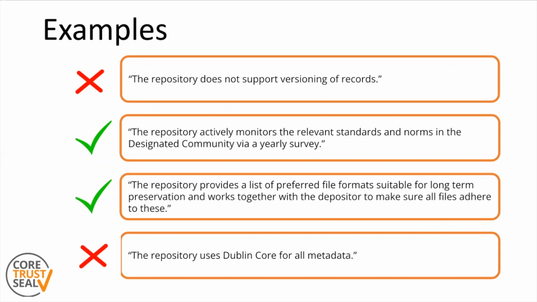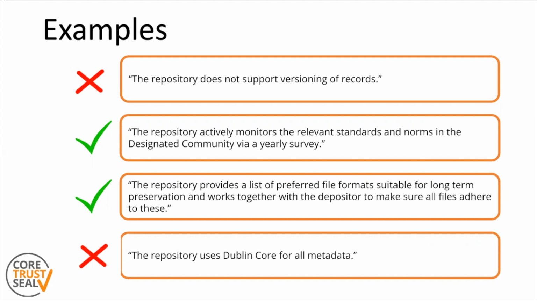A couple of example statements from applications are presented here to further explain some aspects of the evidence that is expected for requirement number 13. Please note that these are merely examples of aspects of the requirement and by no means complete response statements. In the first example, the applicant indicates that no versioning of data records is possible. It makes it harder to facilitate long-term reuse, as the record cannot be updated to reflect changes in metadata, documentation, or other important information. It would be recommended for the repository to implement a versioning process.